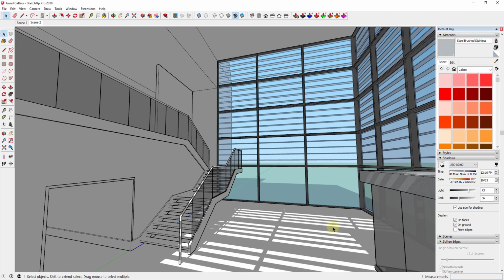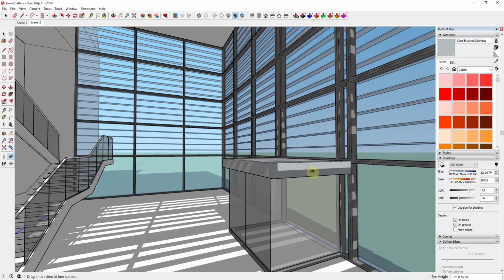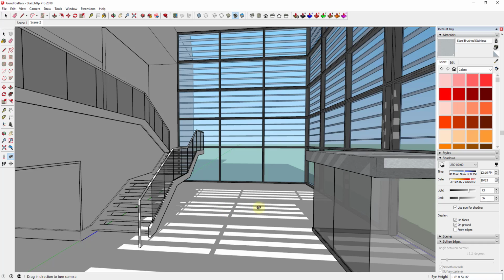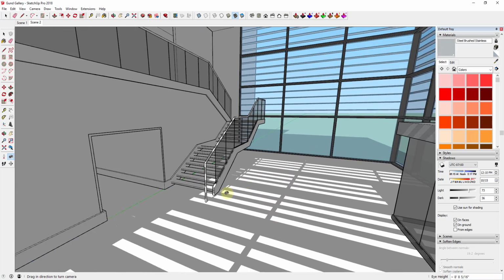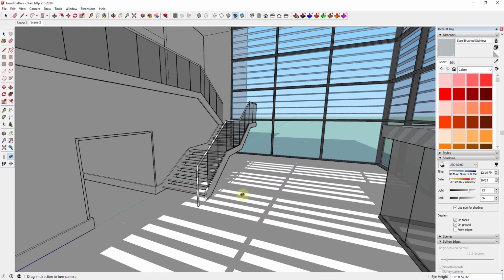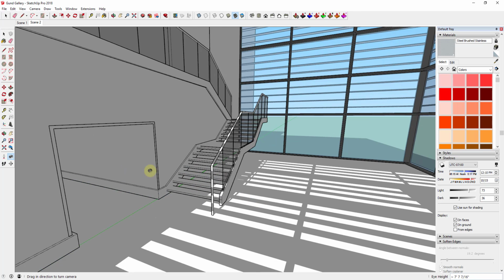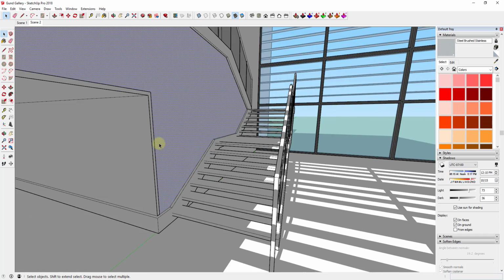In this video, I'm going to start adding materials. You can see I've got a few materials in here already, like the SketchUp aluminum material over here. We may replace that, I haven't really decided. But I just wanted to walk you through the process that I'm going to follow in order to do this. To start off, I'm going to start adding my materials,